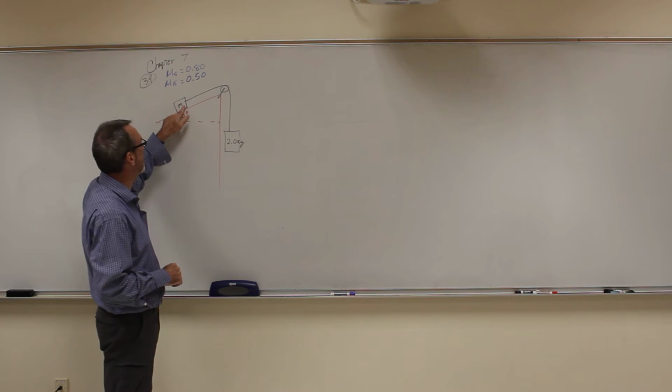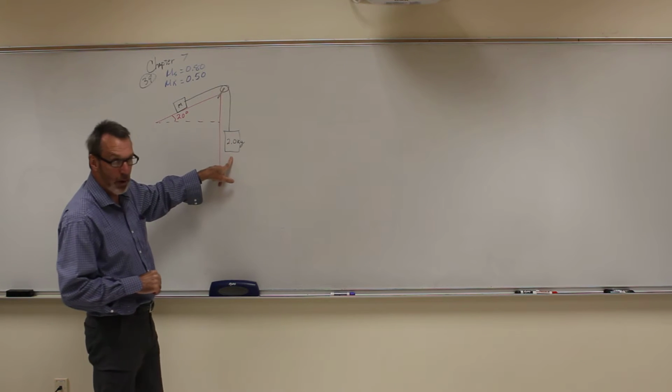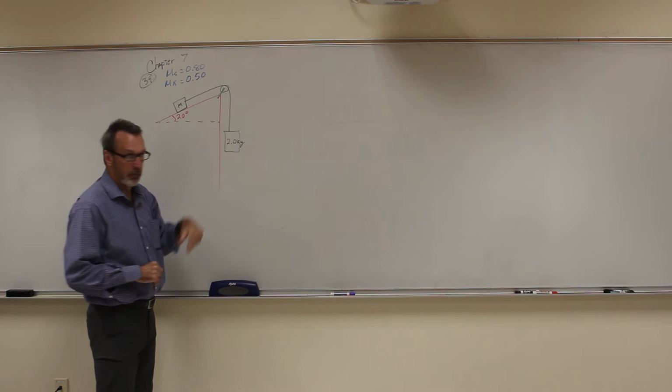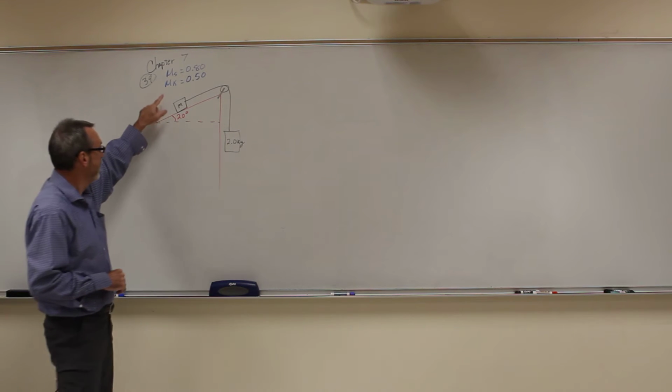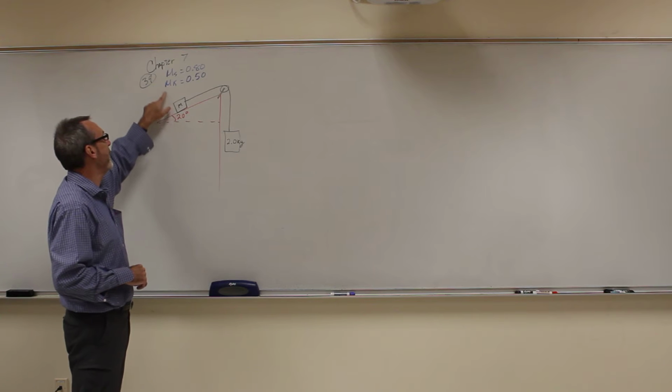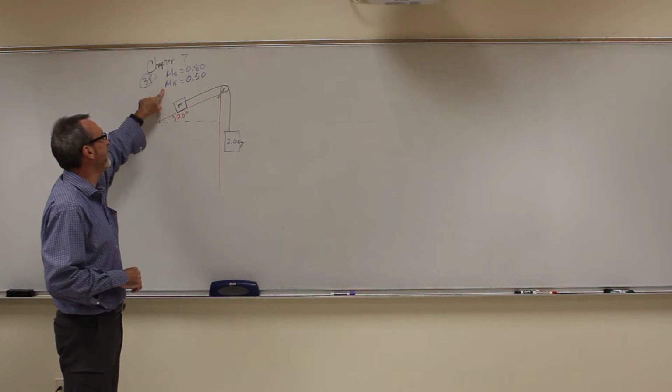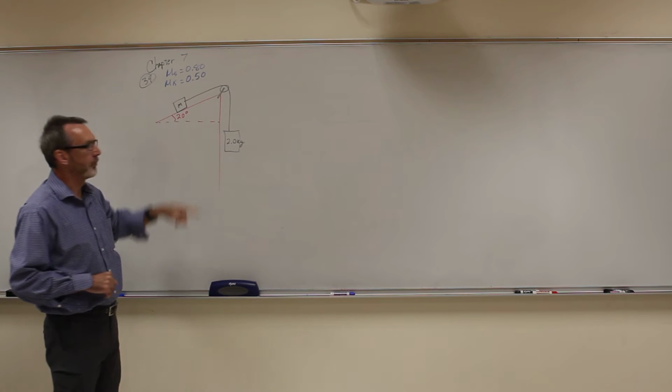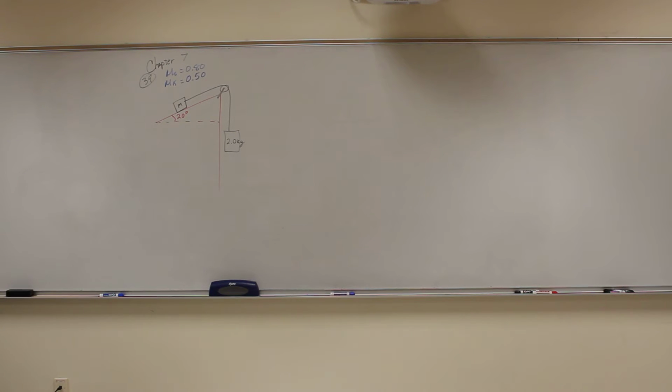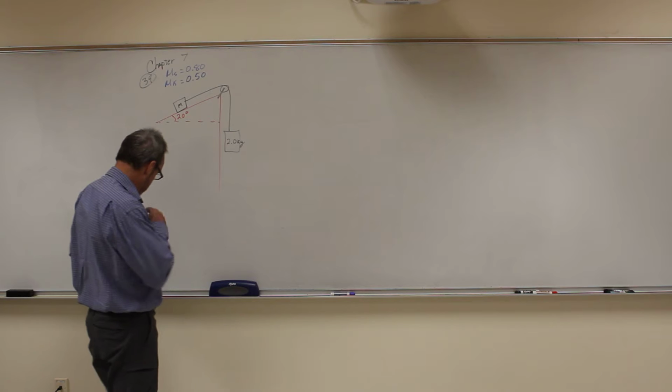We have a rope connecting block M to a 2 kilogram weight hanging over the top. We have friction between the inclined plane and block M. These are the coefficients of static friction and kinetic friction. And the questions asked: A, what is the minimum mass M that will stick and not slip? And B, if this minimum mass is nudged ever so slightly, it will start being pulled up the incline. What acceleration will it have? Okay, so we're going to do part A,